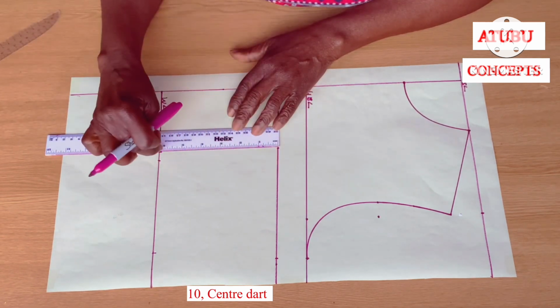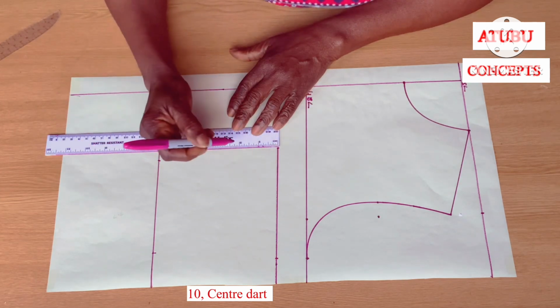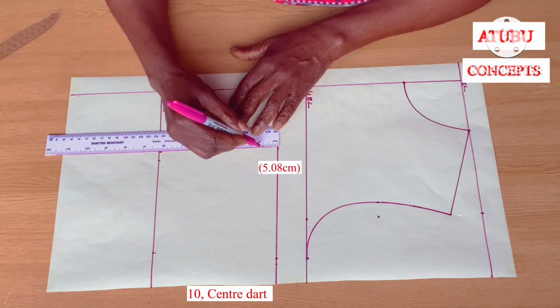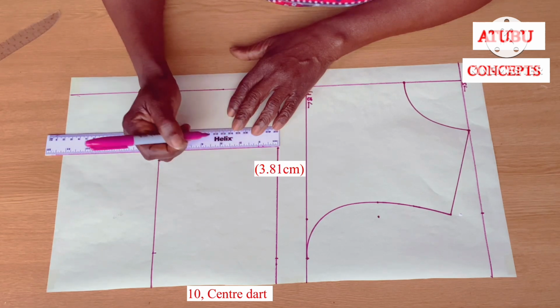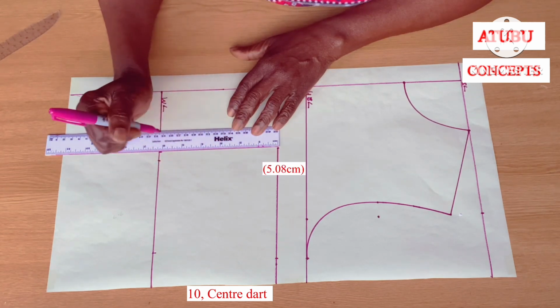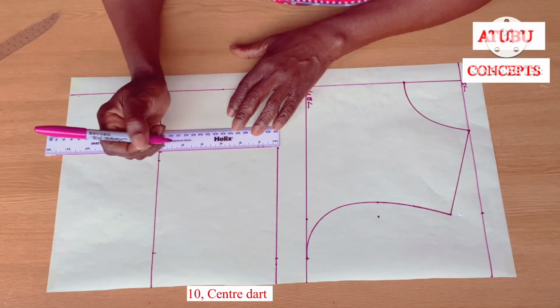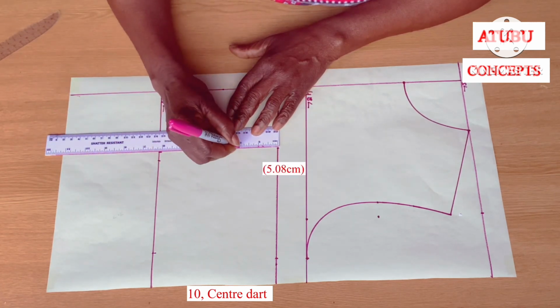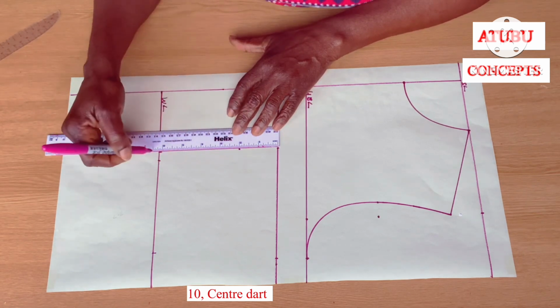And before I connect both points, I'm going to reduce the line by 2 inches. I reduce it by 1 inch. You can reduce it by 1.5 inches. You can reduce it by 2 inches. I don't want my dart to be too close to the nipple point, so I'm going to reduce it by 2 inches. Then I'm going to draw my line